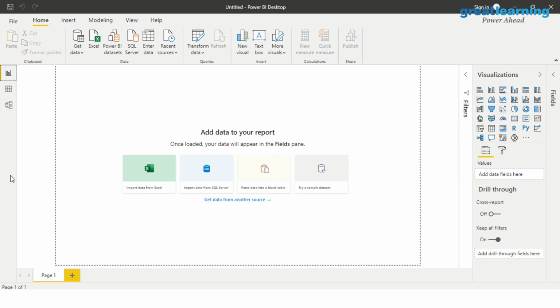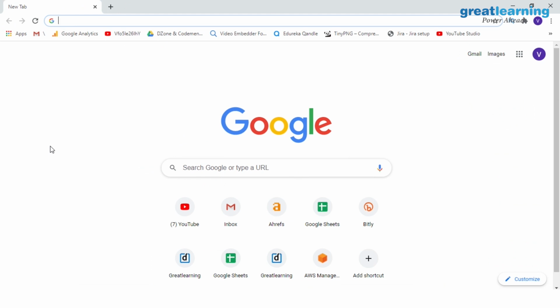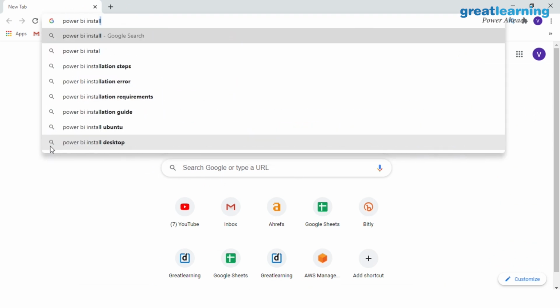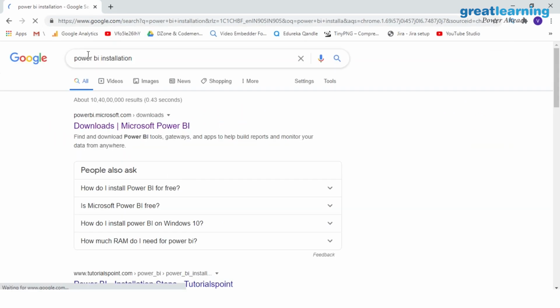To do that, open Google or any browser that you have. Let's look for Power BI installation. If you select it, it redirects you to some suggestions, and you can look for the first one, powerbi.microsoft.com.